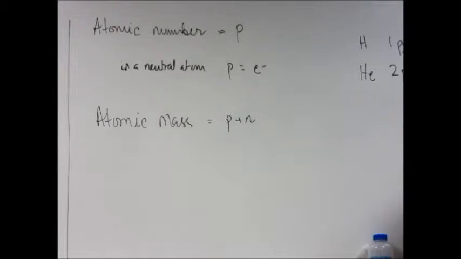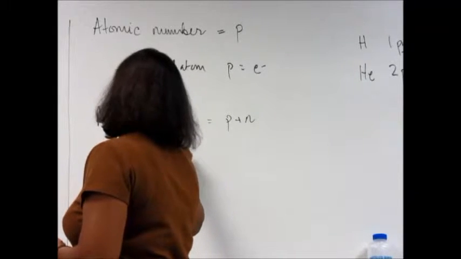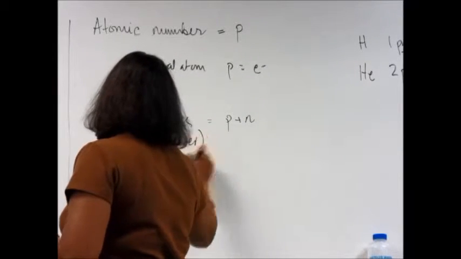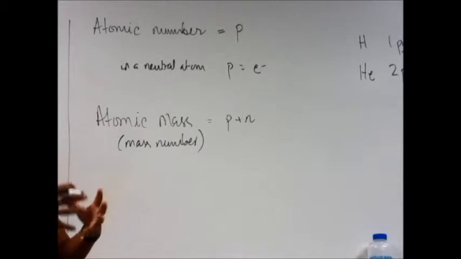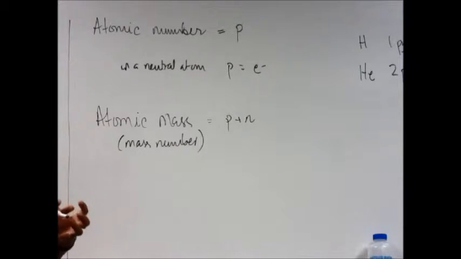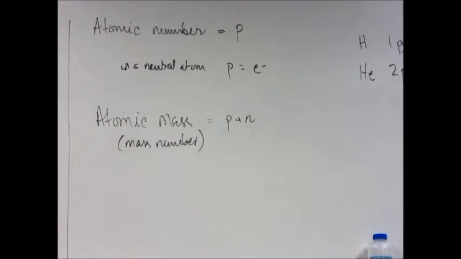Is the mass number the same thing as the atomic mass? I've heard in the book it refers to both, and I was confused. Yes, mass number, atomic mass, same thing. Later on when we get to compounds, you can call it the mass because it's a mass of all the atoms in it. Right now we're saying atomic because we're still at the atomic level. We're not at the compound level yet.